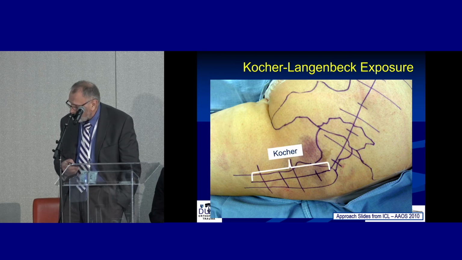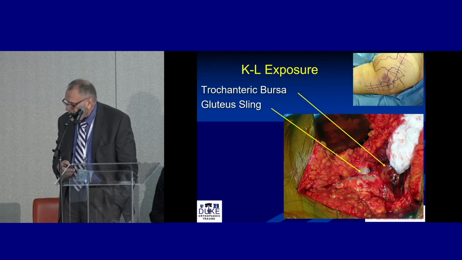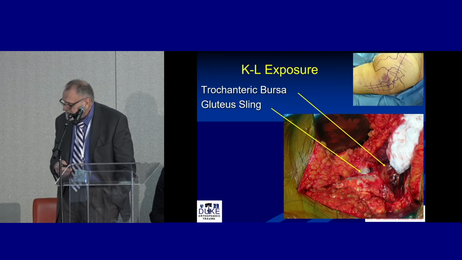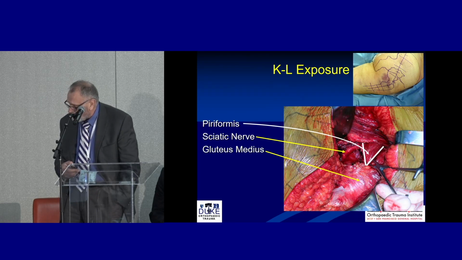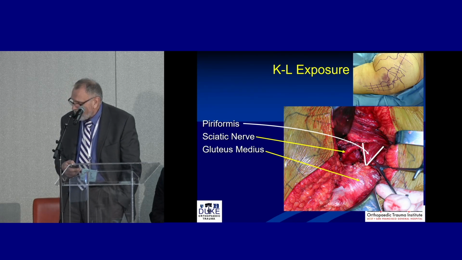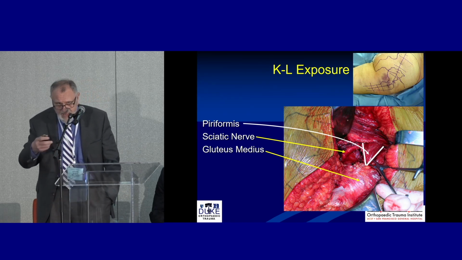so you get the orientation of the patient here. And so there's the Kocher, there's the Langenbeck components. And as we open up deeply, what we'll find is there's a trochanteric bursa, and then the gluteal sling, which I typically will release. And I'll identify the piriformis tendon, the sciatic nerve, and then the gluteus medius, so all anatomy that you're familiar